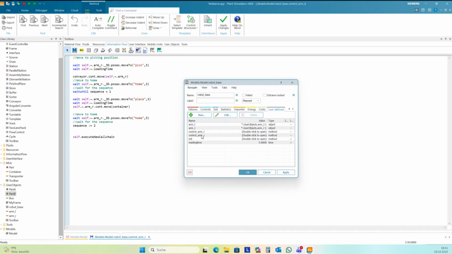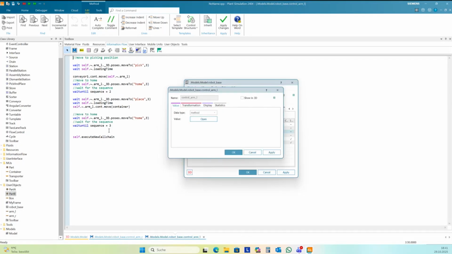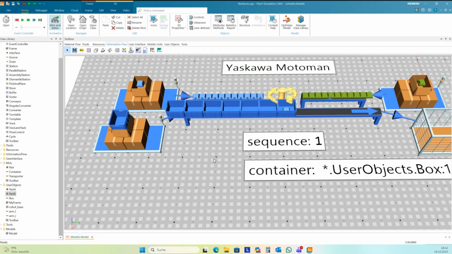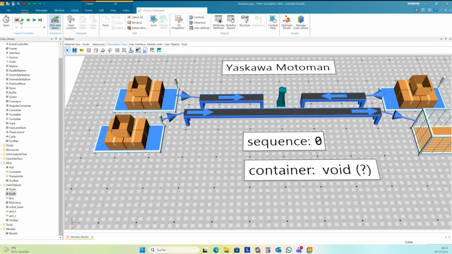And the same for the left robot arm. I need to set the sequence at the end. Okay, but now it should work.